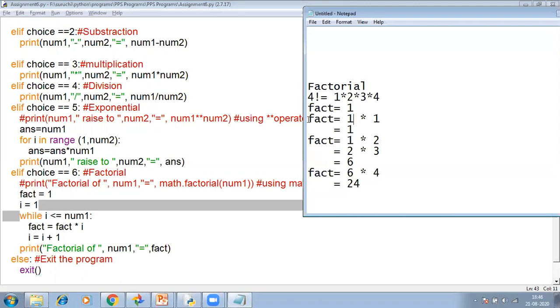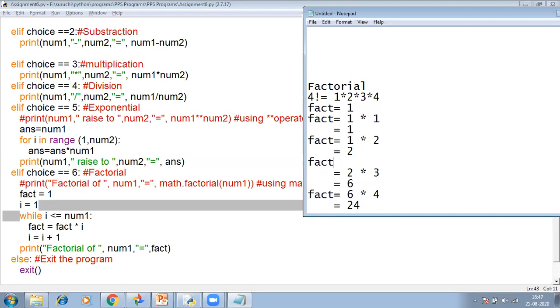So in our first iteration, we perform factorial multiplied by 1. This step. The answer is 1 itself. Then we perform factorial multiplied by 2, which is equal to 2.